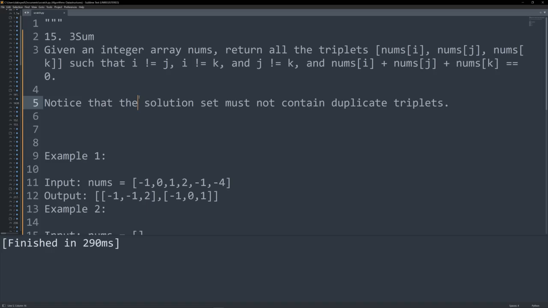At the end of this video, you will have learned how to solve the three sum programming question. It is one of the most frequently asked interview questions. In this, there is an integer array nums that is given to us, and you need to return all the